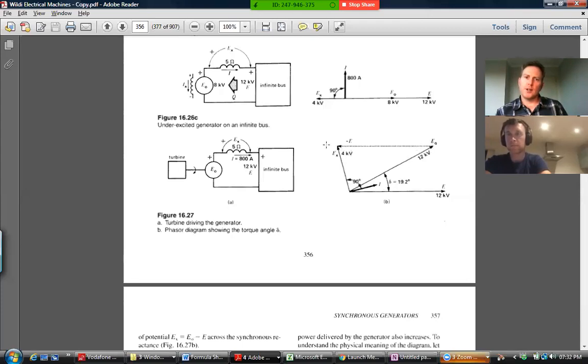So this vector could look a little bit different. It could be a bit further back, further forward, bigger, smaller, depending on the amount of excitation. So if we match those two, then we'd call it neither over nor under excited. And normally it would be designed for a certain line voltage, and you'd be using the rated exciting current and achieving the rated or nominal